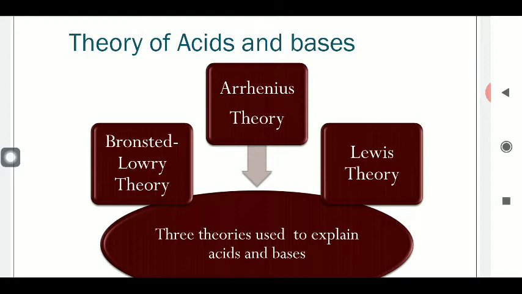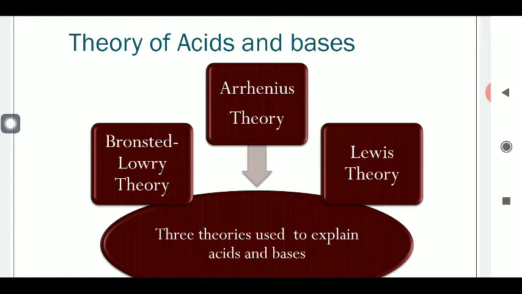On the basis of the classical theory, how can you distinguish between acid and base? First of all, I am taking the concept of the acid. What are acids? All those compounds which are sour in taste are known as acids. All those compounds through which you can pass current, or which have conductivity, are known as acids. All those compounds which can convert blue litmus to red are also known as acids.